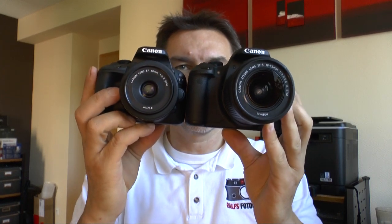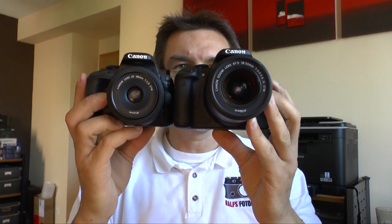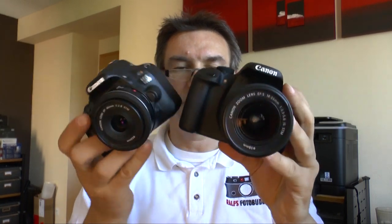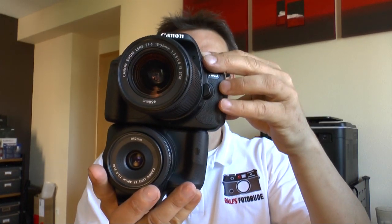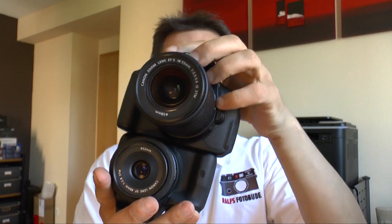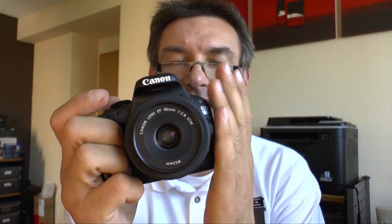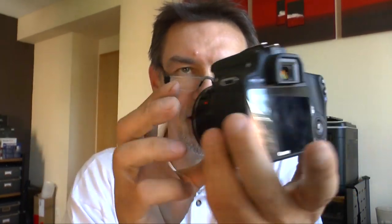And you see it's a little bit smaller, it's a little bit less high. If you compare it like this, you see this part of the camera is a little bit smaller. It's a real lightweight camera, and one of the reasons why the camera is so small and so light is